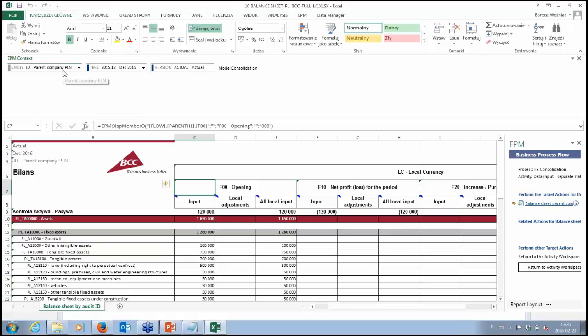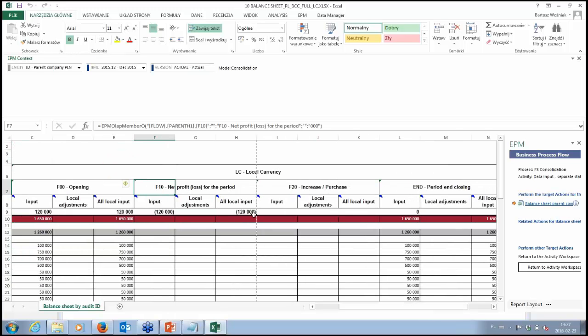Okay, we have also entity, as I told you before. We have also flows. Flows are to distinguish between different types of operations. Here this FOO is responsible for opening balance. These are the figures taken directly from the source system. The second flow is responsible for providing information about net profit.